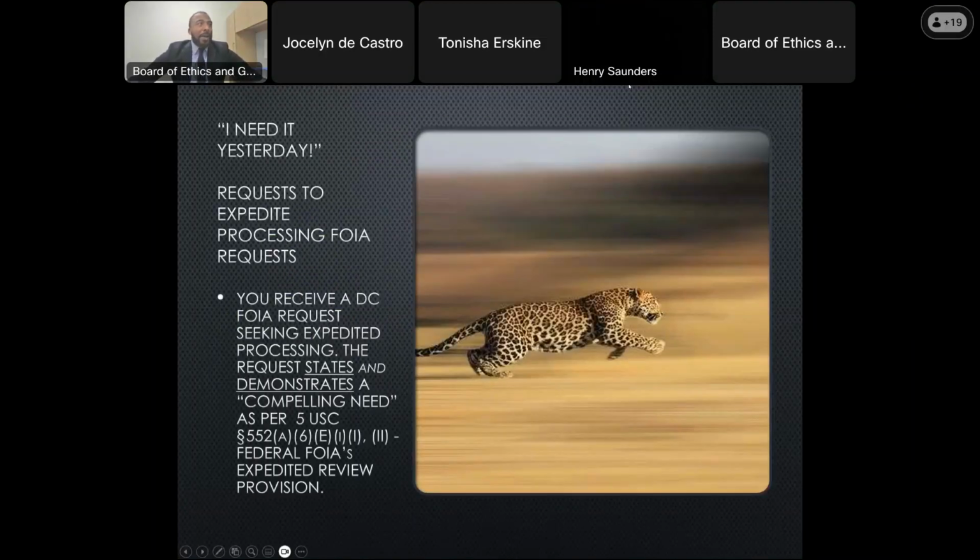Okay. I need it yesterday. Request to expedite processing of FOIA requests. You receive a DC FOIA request seeking expedited processing. The request states and demonstrates a compelling need as per 5 U.S.C. Section 552(a)(6)(E)(1) and (2), Federal FOIA's expedited review provision.